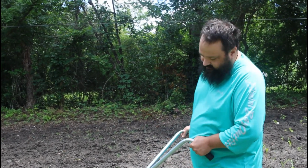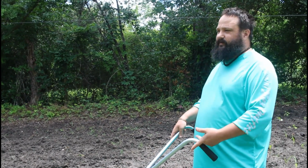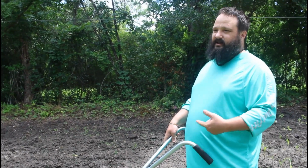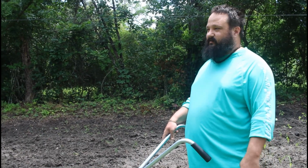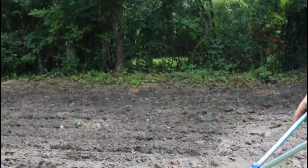So Meredith got me this for Father's Day. I wanted a Hoss, but this one has a bigger Hiller attachment, so I wanted one of these too. And Hoss has been out, and we needed one bad. The weeds are taking over. We're going to keep the Earthway, but this one,